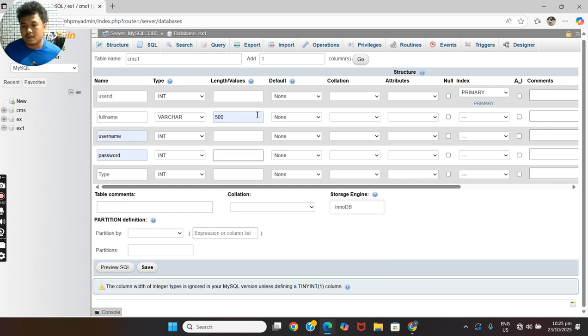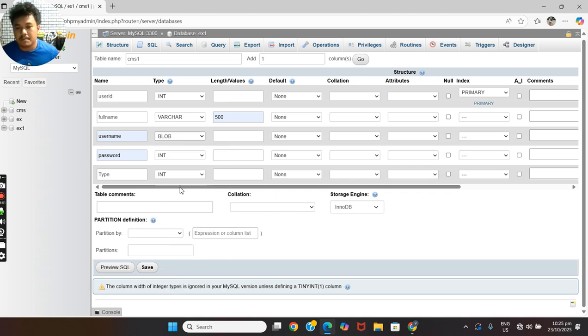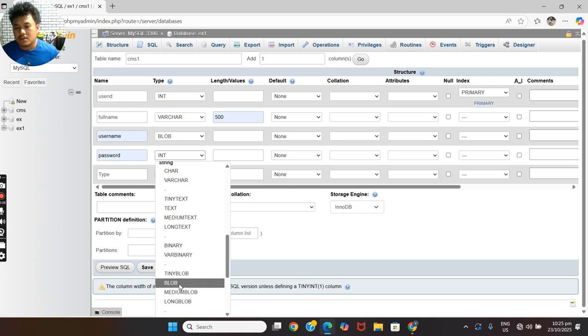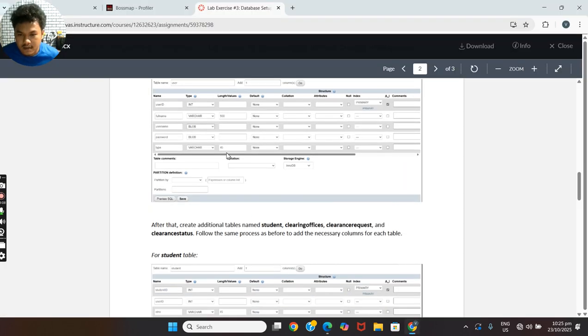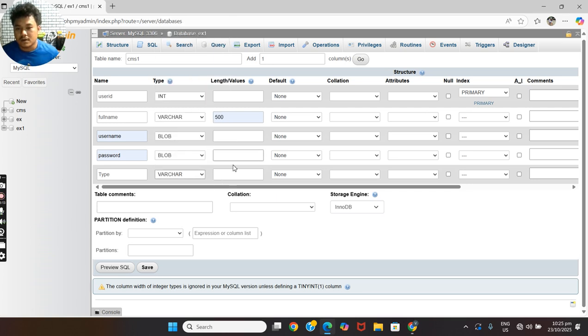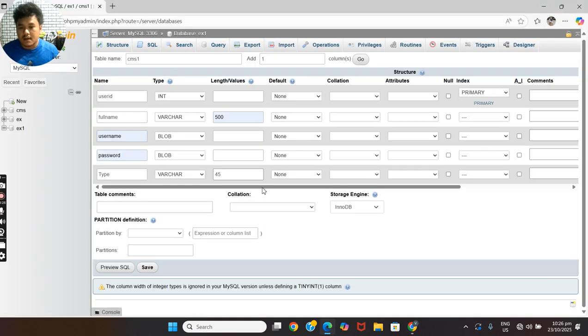Then the user password, we need to change it into blob as well. Let's check again. Varchar, let's put length 45. As you can see, guys, I am following what was given to us. After that, we are set.